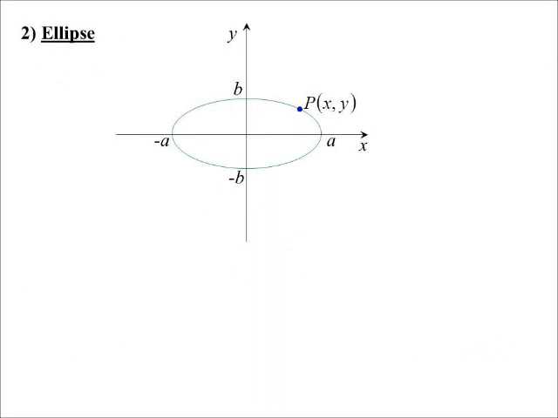Alright, well, let's have a look at our ellipse and how we define this one. So there's our standard ellipse, and there's our random point. What we do is we draw in that auxiliary circle I was talking about the other day, the one that's got the same radius as the major axis. The mistake that's often made here is drawing the hypotenuse through P, but you'll notice it doesn't go through P. The vertical goes through P. So if you were to draw a vertical up to the circle and then join that point to the centre,